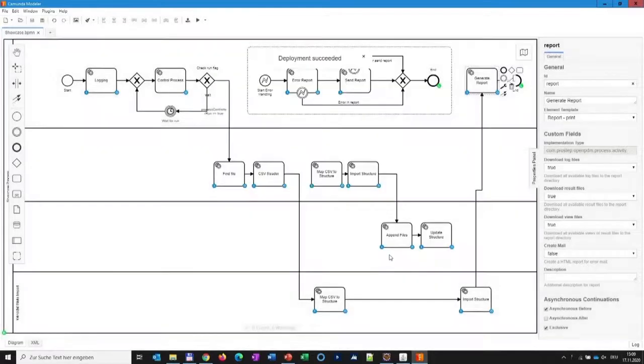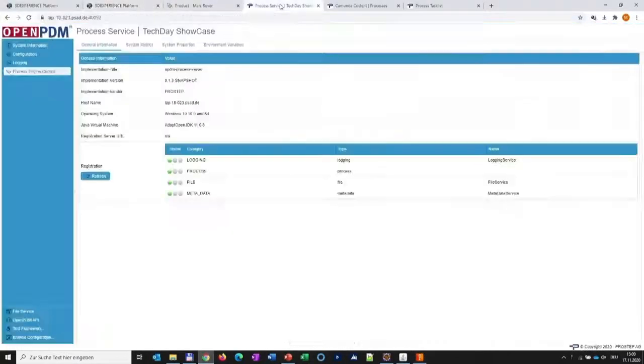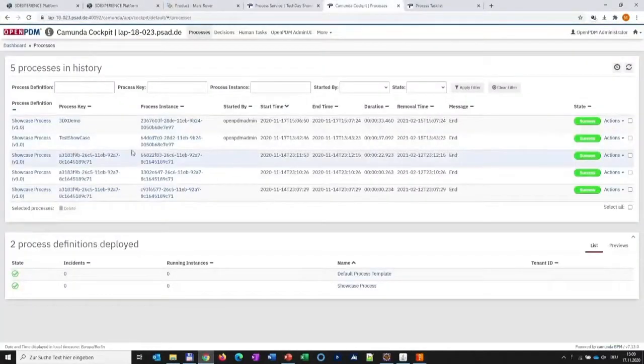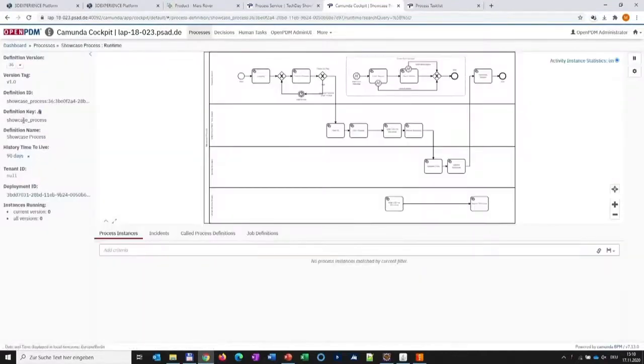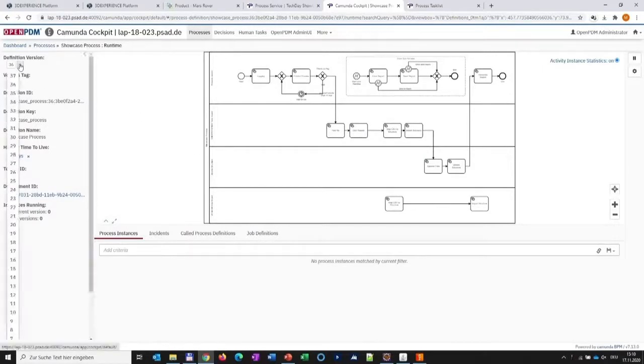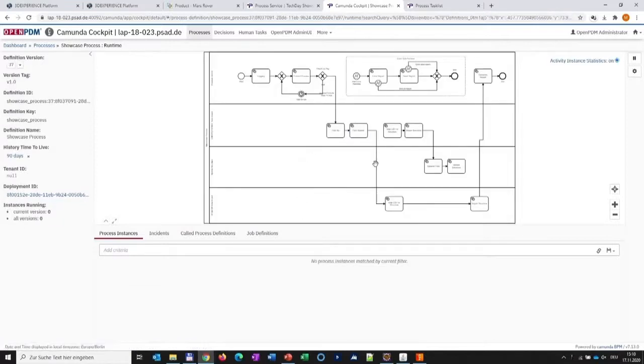That's very simple in my developer environment. The process is now deployed on the process server. I can go back to my cockpit, and if I go to my cockpit, then here at least I can see this is the last version that ran. But I can see here we have more versions, a new version 37, and there we can see this process is now running on Windchill, and the next instance, which is started,